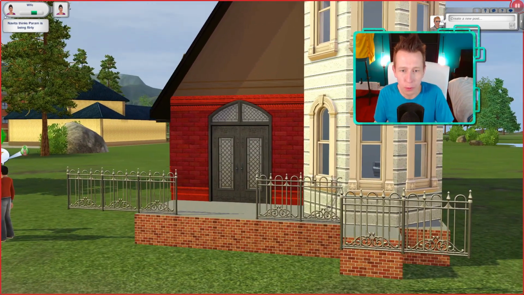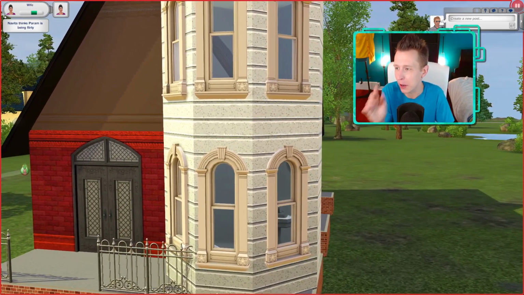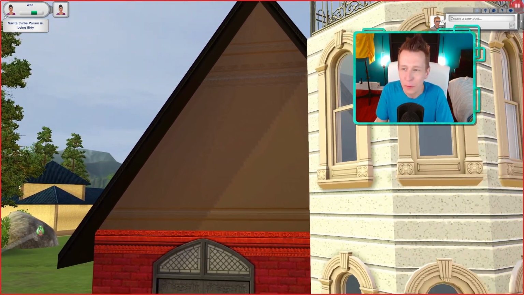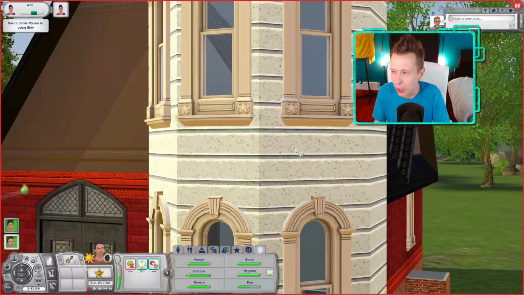We have a beautiful red brick. I would have loved if that vision kind of came to fruition. As soon as that popped out, I was like, awesome. But then as you can see here, the texture is not loading on the second floor on the roof there. And it probably would work if I deleted the roof and made a new one, but who has time